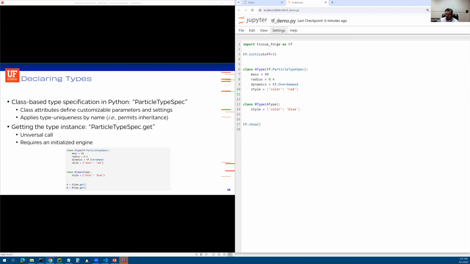Now, the next important thing is that this is just a declarative specification that really does nothing in TissueForge per se. This is a specification that TissueForge knows what to do with. So here, this doesn't actually execute anything in the TissueForge backend. Instead, we can use these class definitions to make TissueForge create a particle type